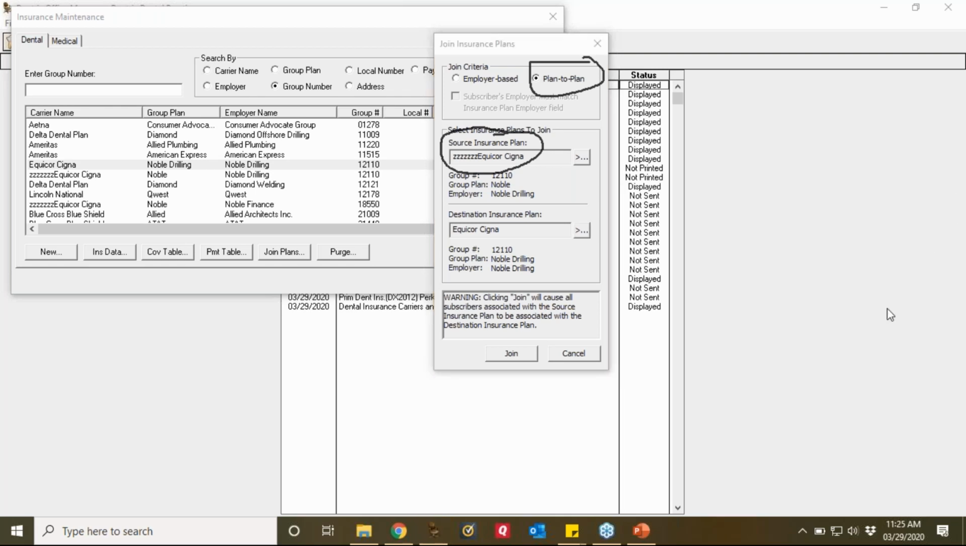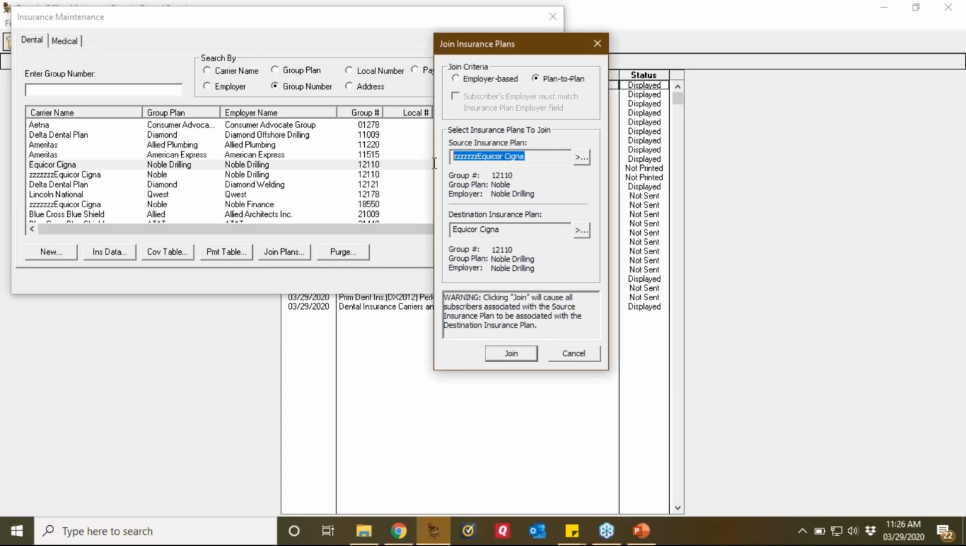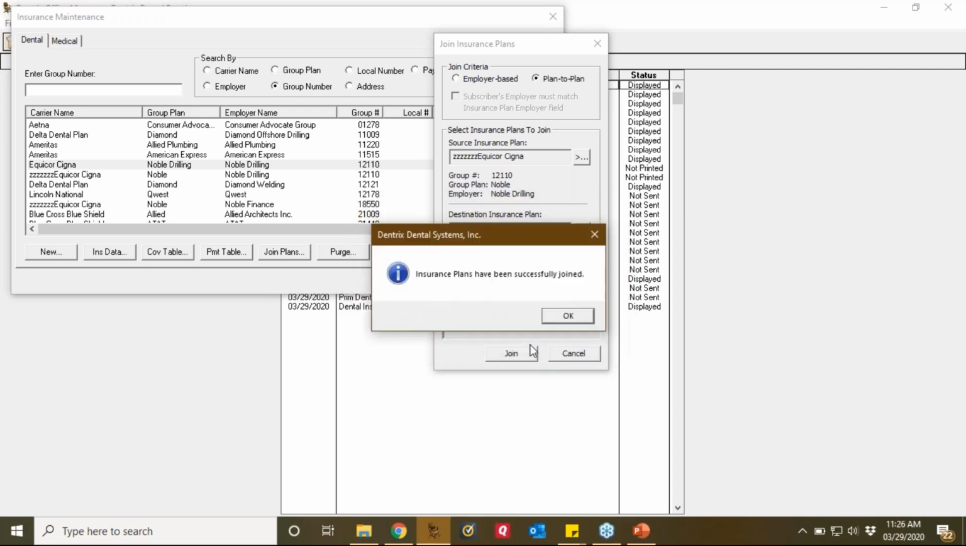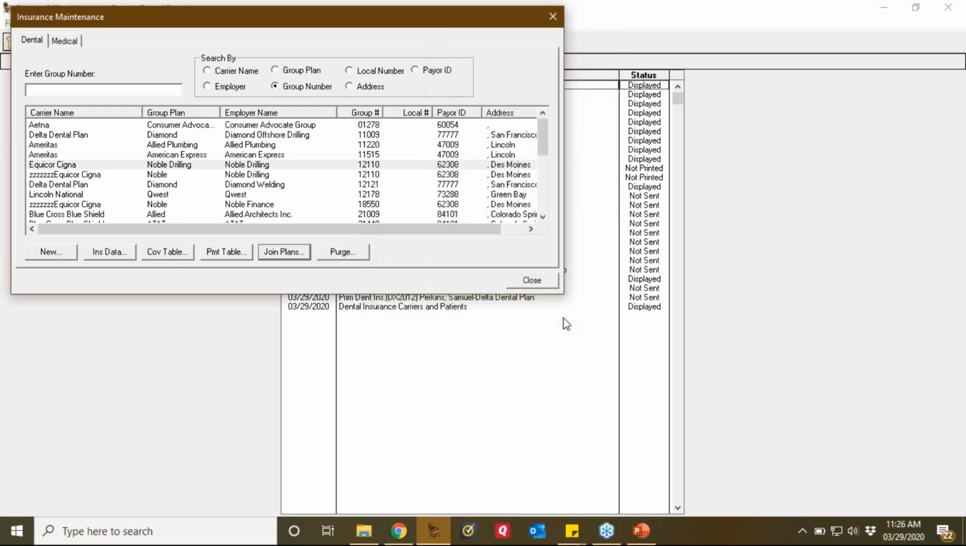Okay. So then what it will do is it's going to move all the patients that are in this old one, the bad one, into the good one. And then I'm going to join, and it's going to move all subscribers and patients into the destination. And then they've been successfully joined together. Okay. So now this one is totally empty. There's no patients in it. I'm going to leave it there alone because